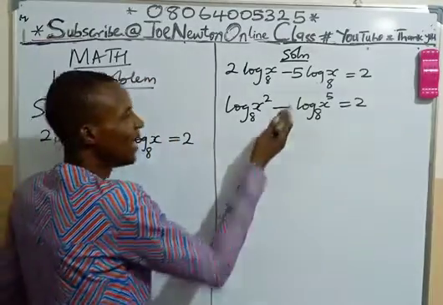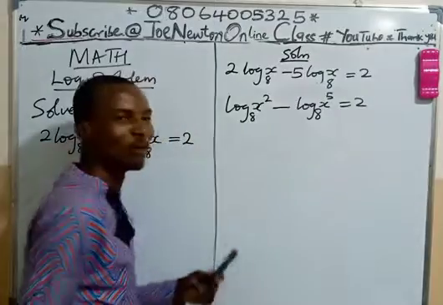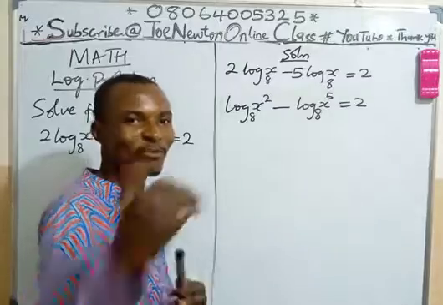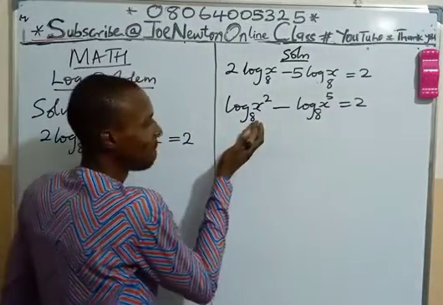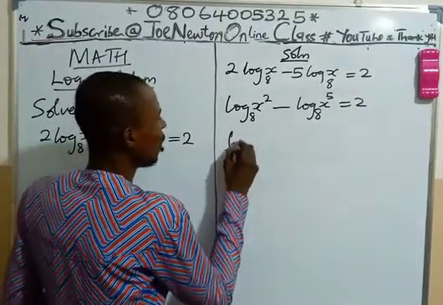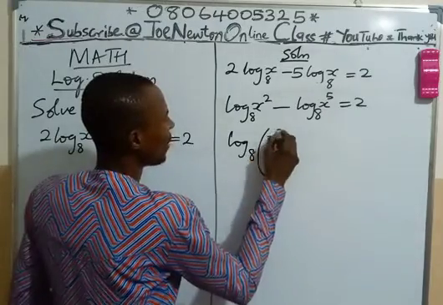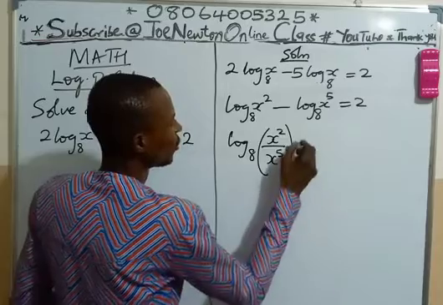Now the next, minus transforms to what? Division. According to the law of indices, it is the opposite transformation in the case of logarithm. So quickly, they are in the same base, 8 and 8. So that will give us log base 8 of bracket open x power 2 all over x power 5 bracket close